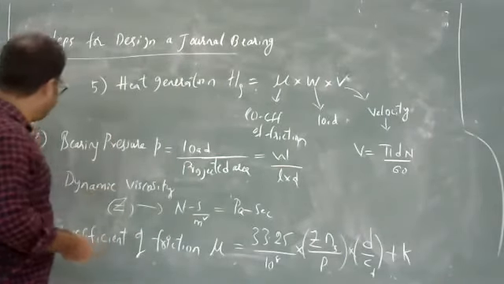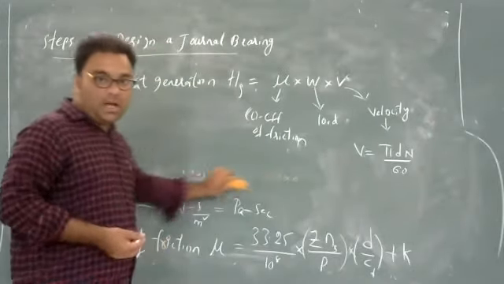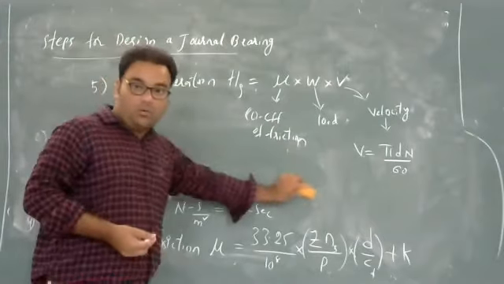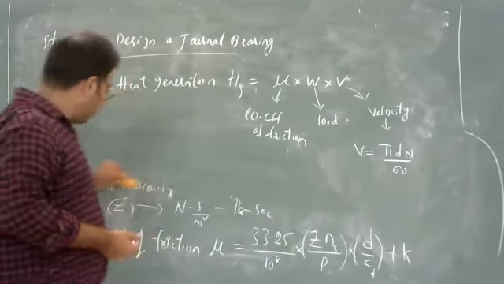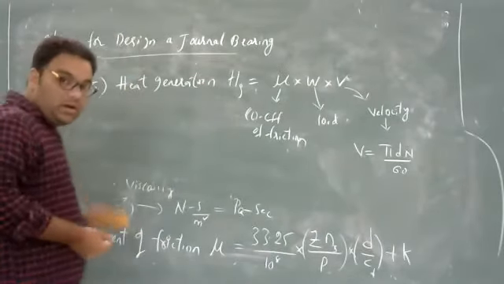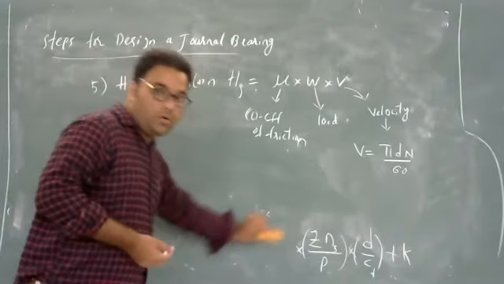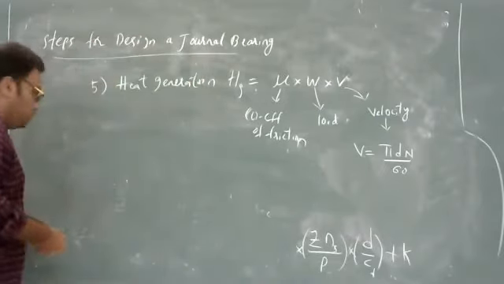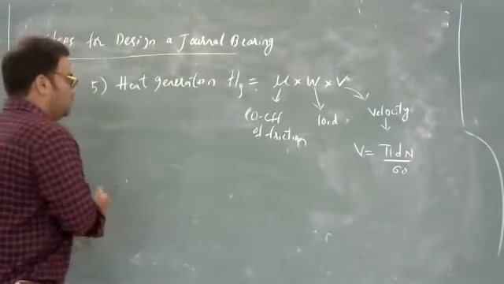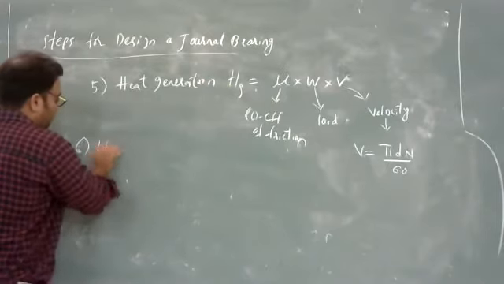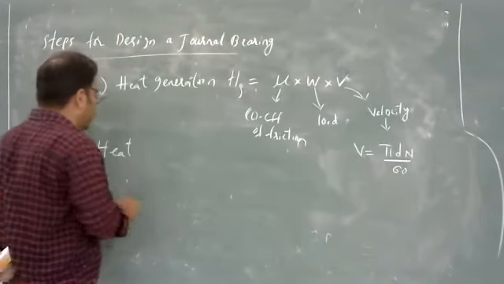Next we are going for the heat dissipation. After rotating at a certain RPM, the heat will be generated. If the heat is continuously generated, we have to dissipate it. If we don't dissipate it, wear and tear will occur to the shaft and bearing. We also consider the power loss at the same time. That's why we are using heat dissipation. So heat dissipation is point 2. How will the heat be dissipated? Through applying lubrication.